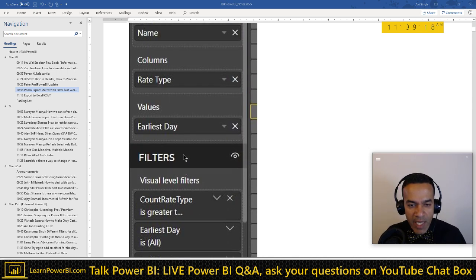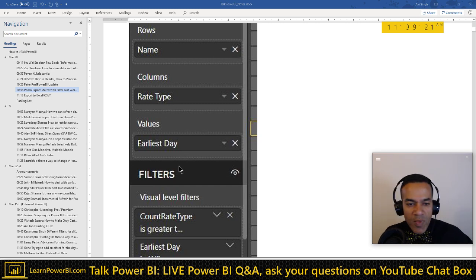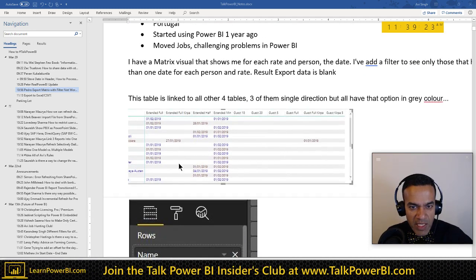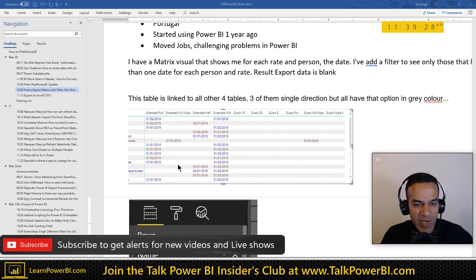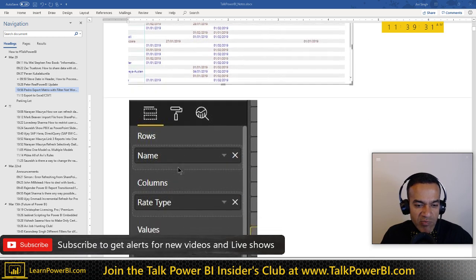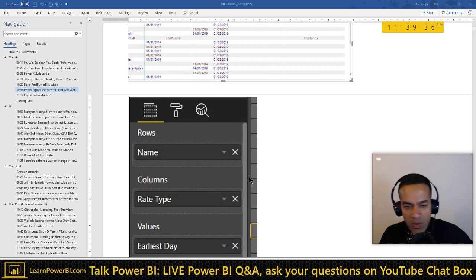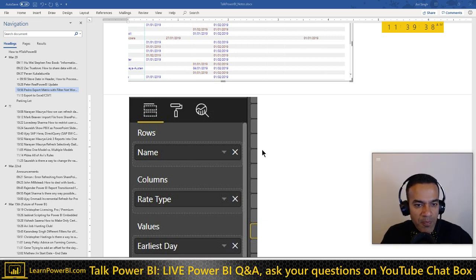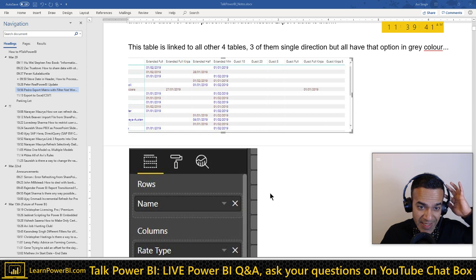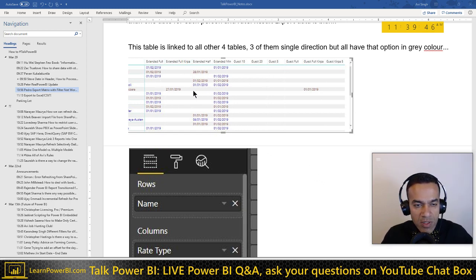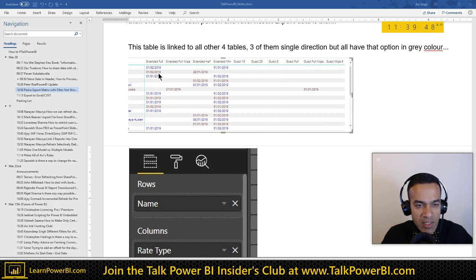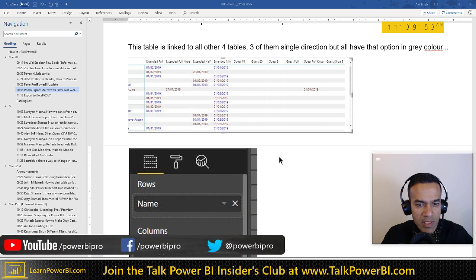Is that count rate type greater than 1? If you remove that filter, my assumption is it's going to work. Okay, let's see what we can divine from this, my friends. Here's a name, and I would have liked to know which table it's coming from, but I don't quite know that right now. So there's the person's name, and there's a rate type on there in the columns, and each person has one rate type.